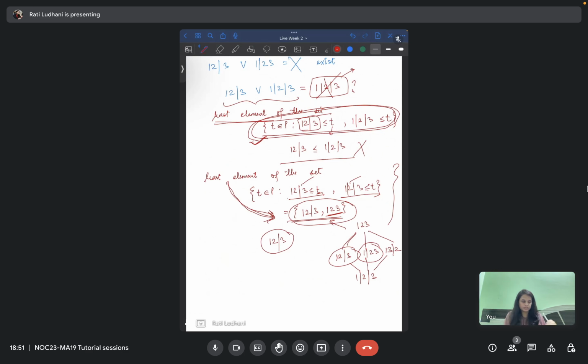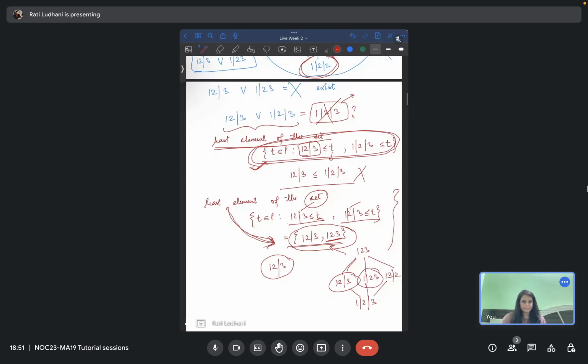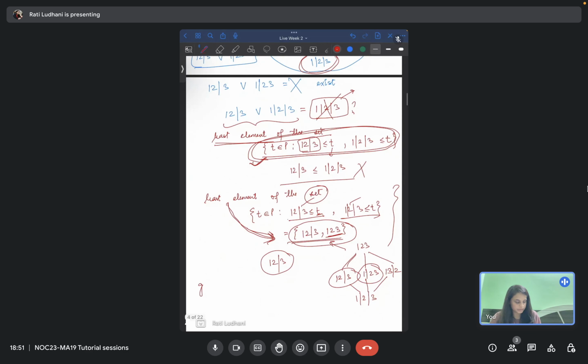Okay. This is the least element. That's why we are saying of this set, not the full poset. That is the one which we have discussed in general. Similarly, if we say greatest element, now the greatest element from the down part, like you are going increasingly. So it's like the greatest element of the set